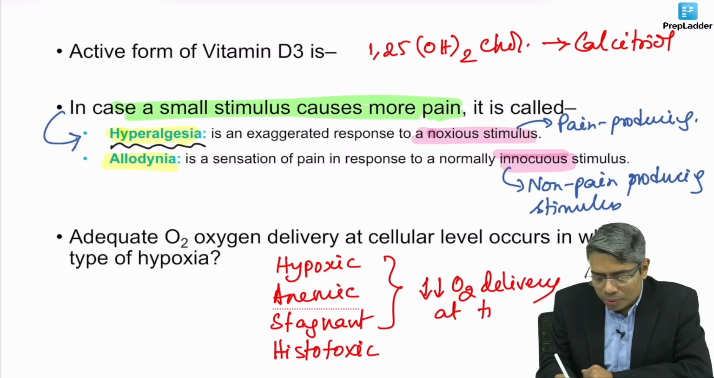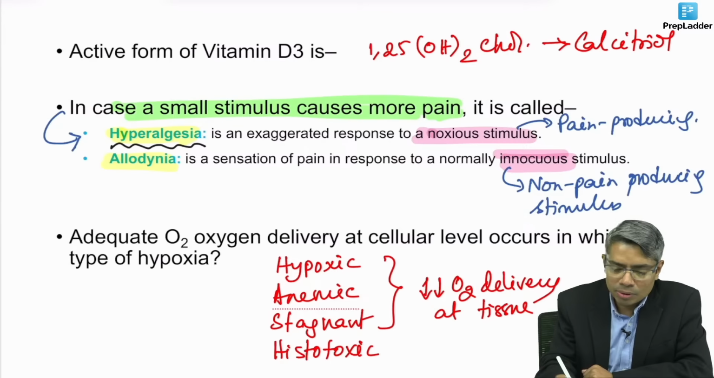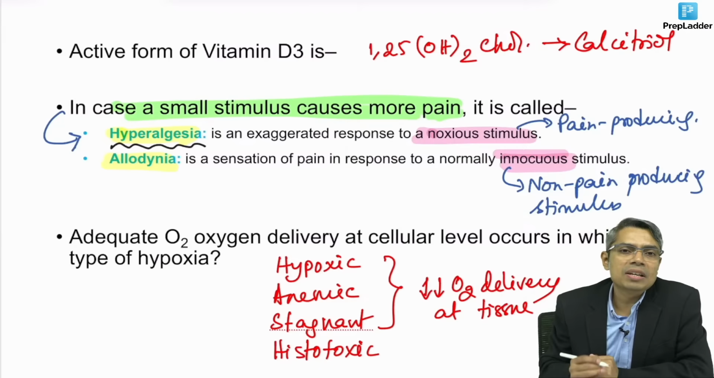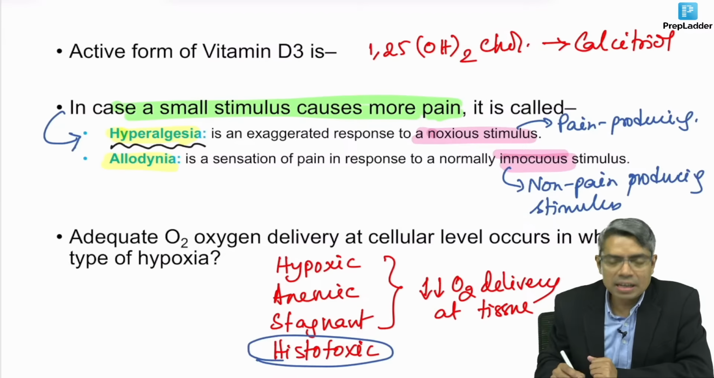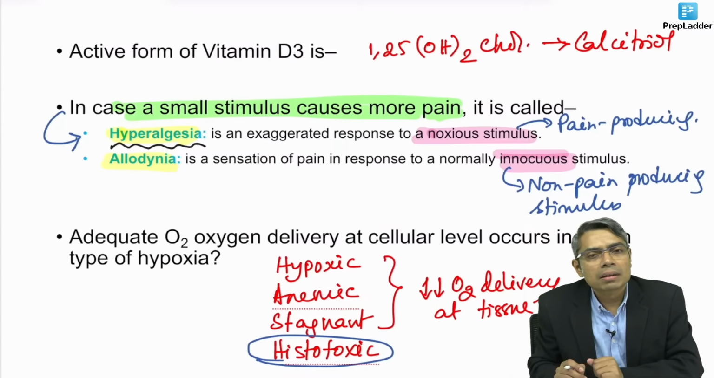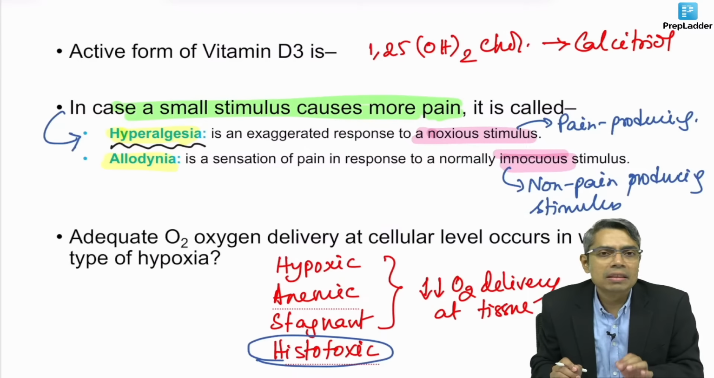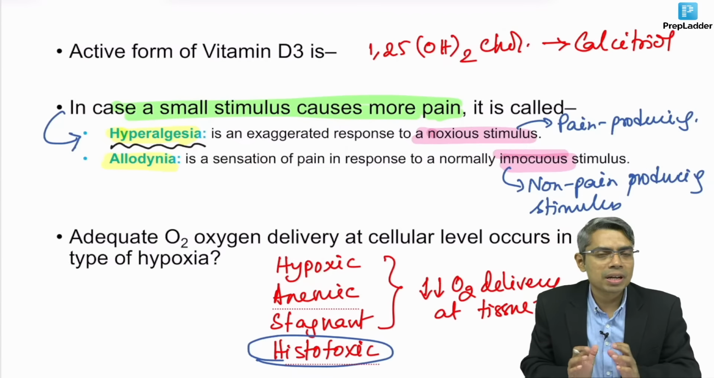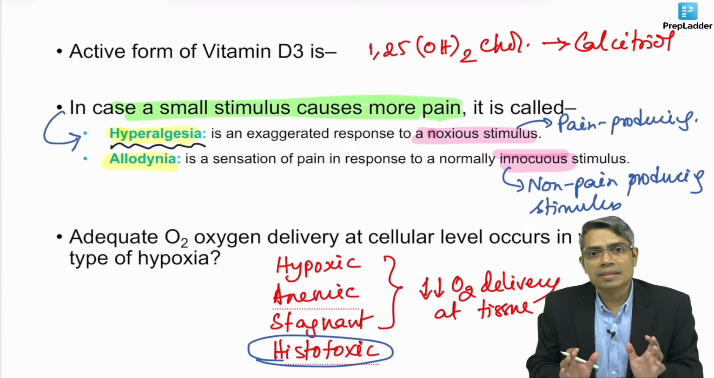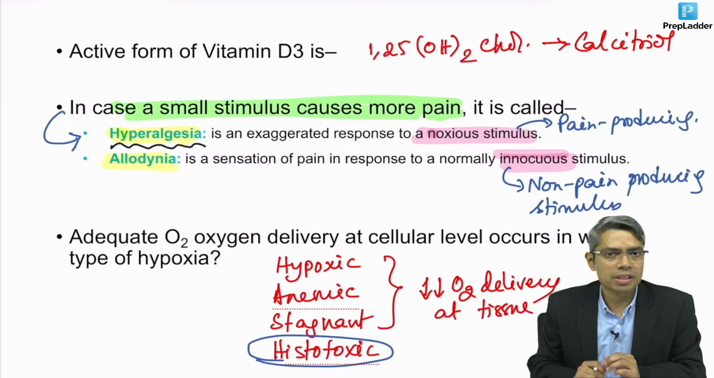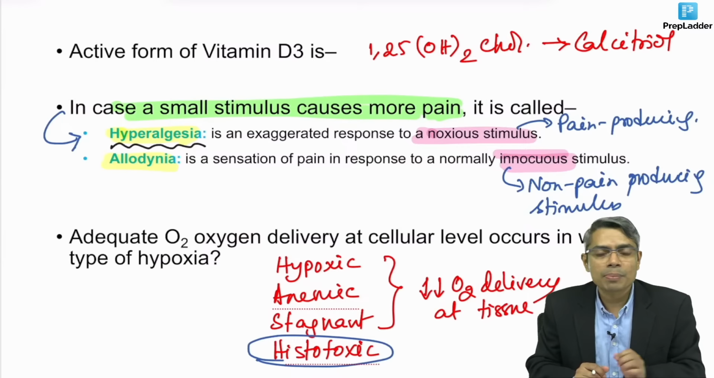at the level of tissue. But in the 4th type, the tissue delivery of oxygen will remain normal. But what is the problem of histotoxic hypoxia? The electron transport chain in the mitochondria, which is supposed to utilize your oxygen, that is damaged in case of histotoxic hypoxia. And all of you know that cyanide poisoning is a typical cause of histotoxic hypoxia, where the tissue